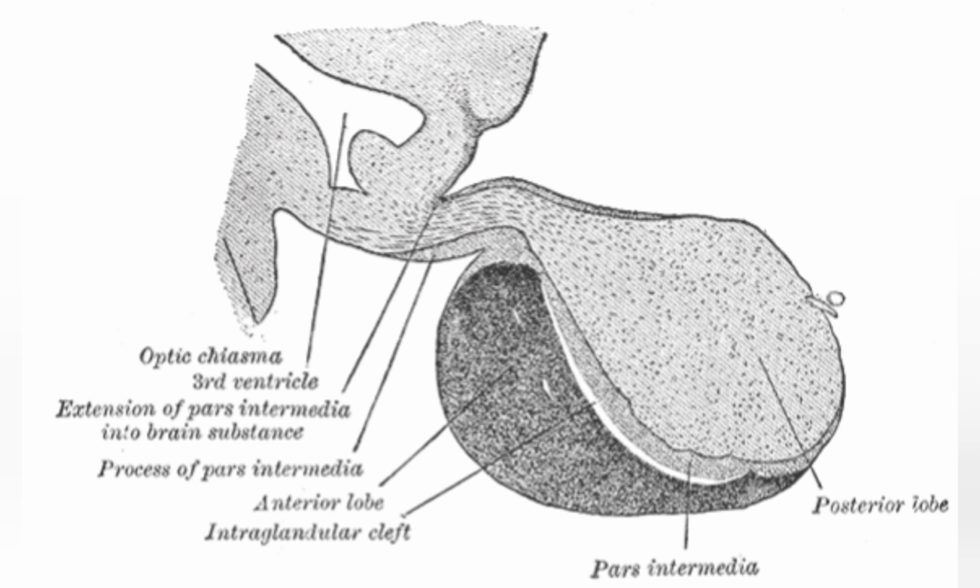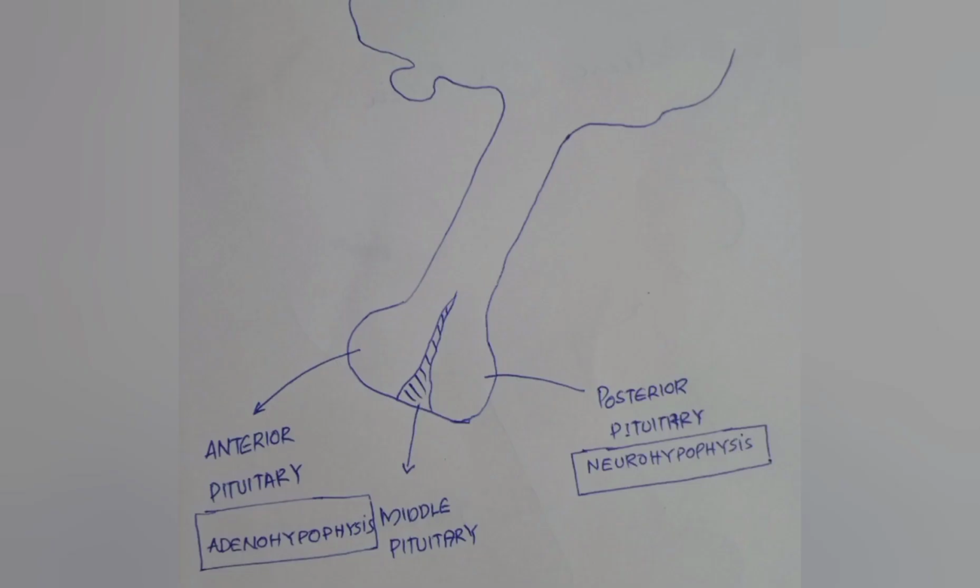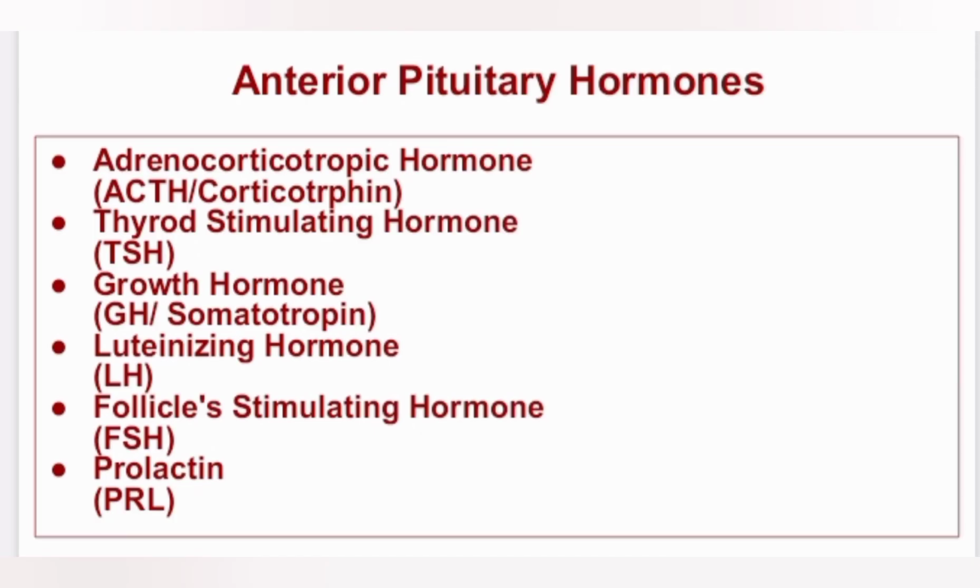When we see the anatomical parts of the pituitary gland, anterior pituitary is technically known as adenohypophysis. Adenohypophysis or anterior pituitary, neurohypophysis or posterior pituitary, possess very important endocrine secretions or hormones which are functionally very important in the human body. When we see the hormones of anterior and posterior pituitary,